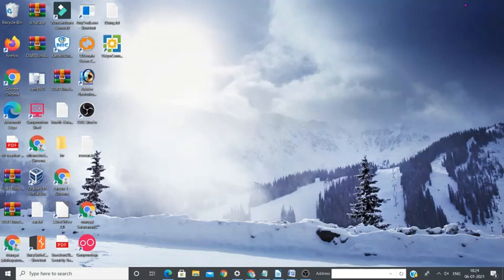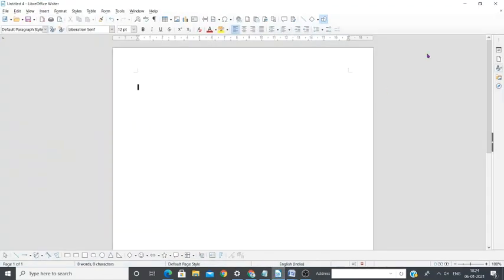So let's go and see how mail merge works in LibreOffice Writer. Let me open LibreOffice Writer. I have already one for you. Here I'm going to send a letter. The letter address I'm not going to type, because I'm not going to send it to a particular person. I want to send it to 100 students in my school, or 1000 students in my school.